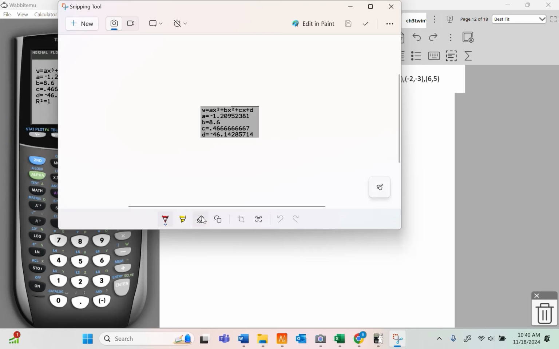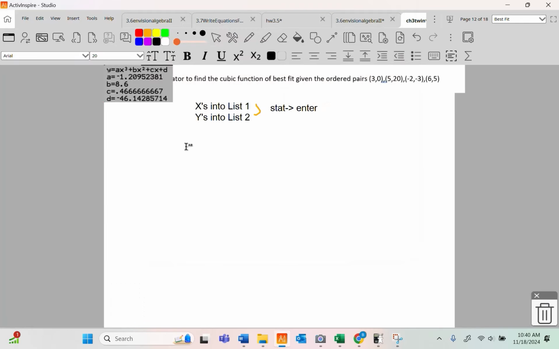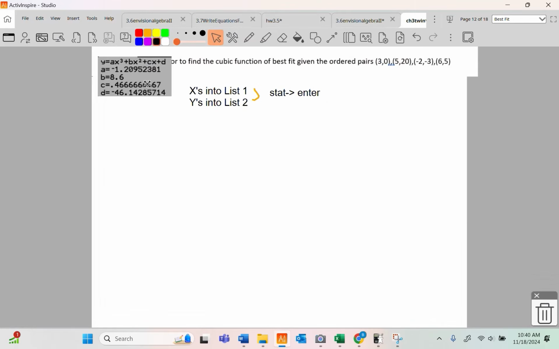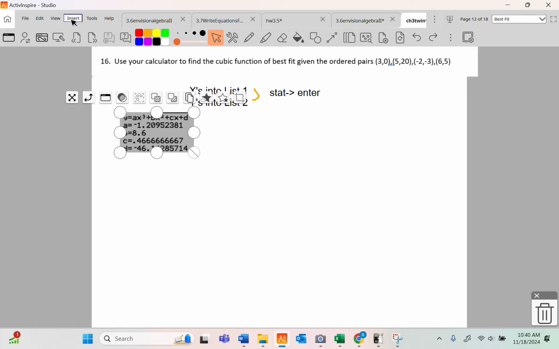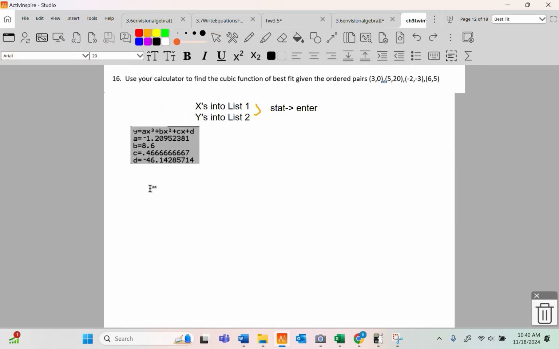I can't tell you how far I would take this out on the test. It all depends if I made the question or if I stole it from somebody else. But 4 decimals is what I usually do on stuff. So this is y equals a, which is -1.2095, x to the third, plus b, which is 8.6, and b represents an x squared,